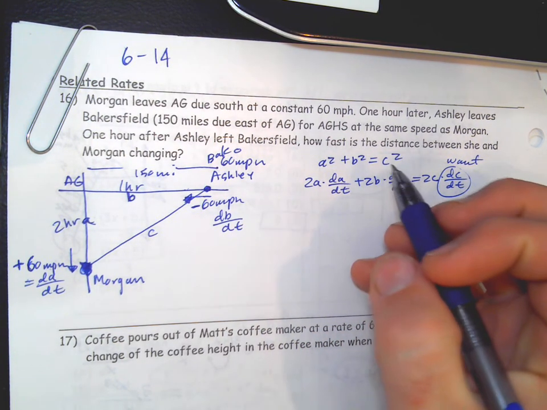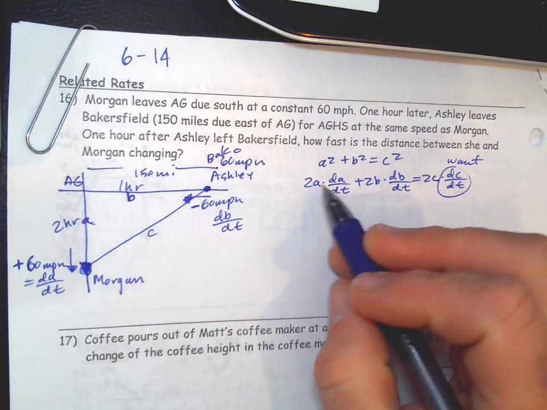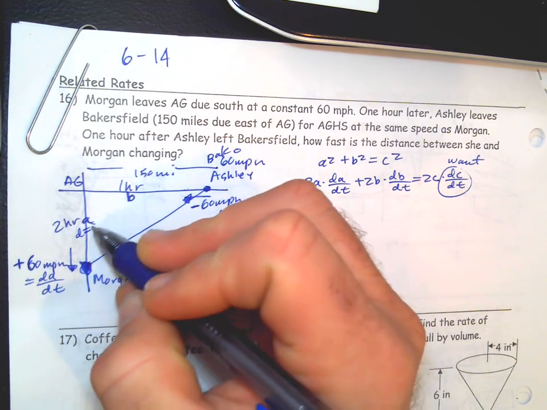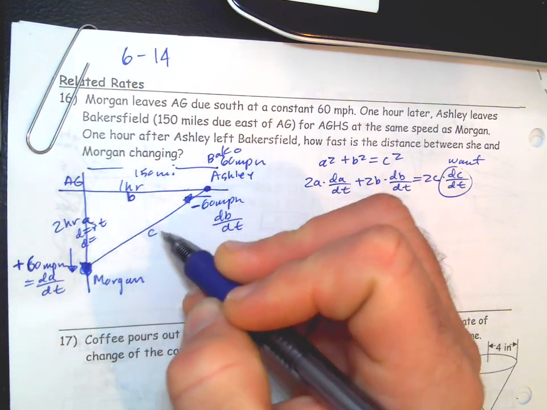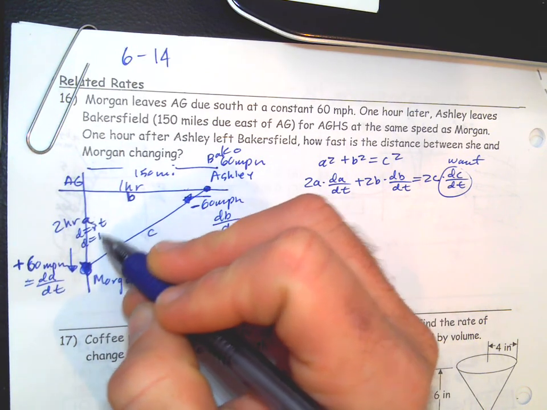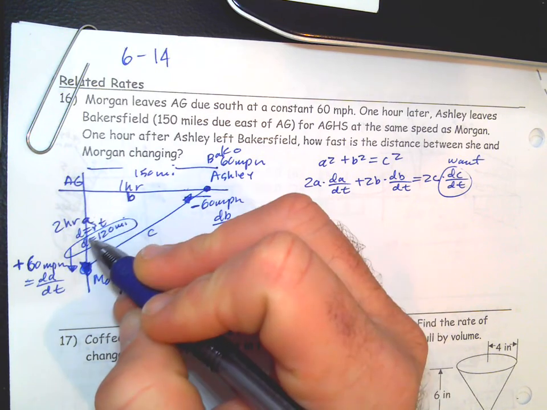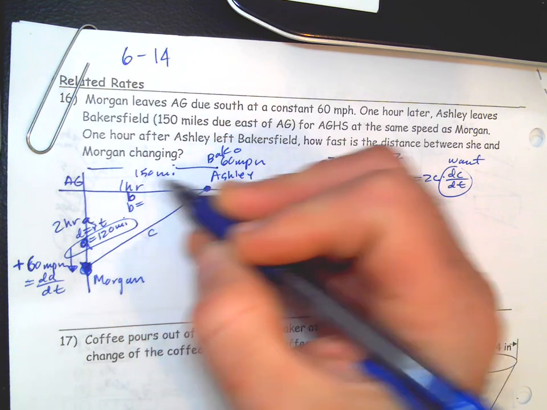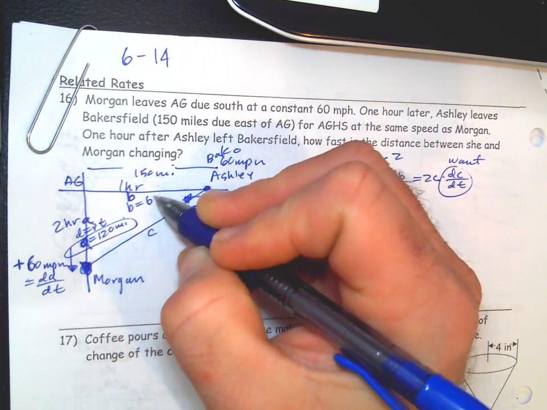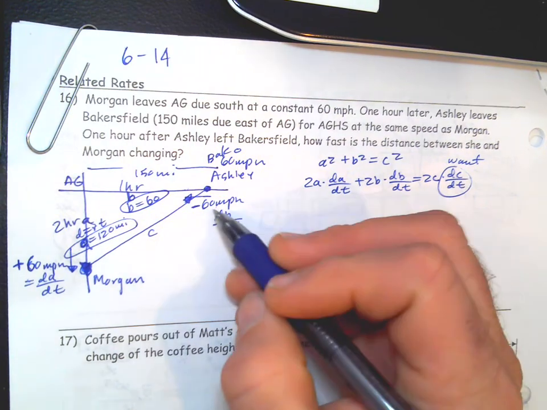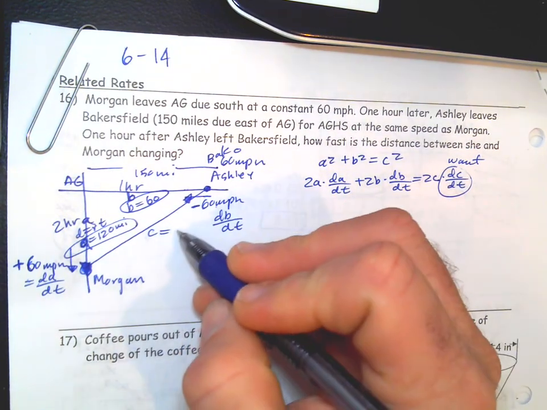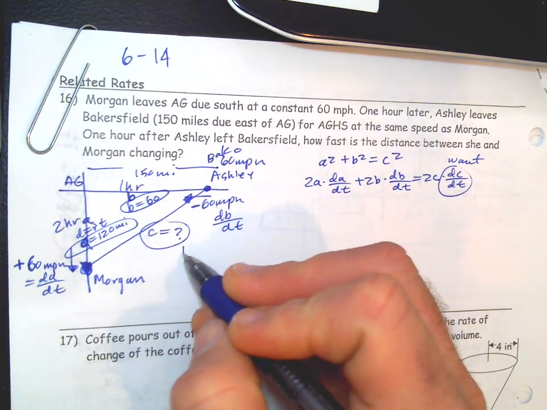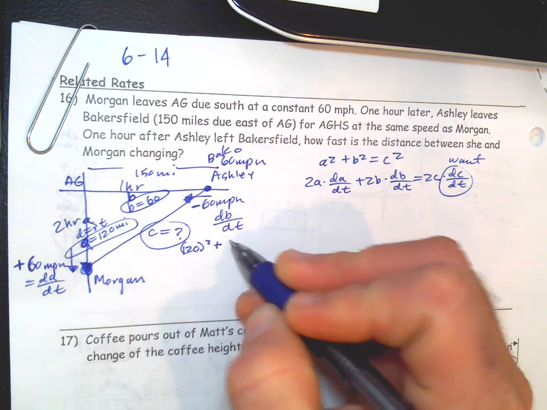We do need to probably get some lengths for these things to plug in A, B, and C. So we're not going to plug hours in, but distance equals rate times time, right? So this distance, 60 miles an hour times 2 hours is going to be 120 miles. That's going to be A. And here, B is going to equal rate times time. So 60, it's going to be positive 60. We're not going to say negative 60. The negative is just because B is getting smaller. And then C, we probably got to figure out what C is because we're going to have to plug C in. So we can do Pythagorean Theorem, 120 squared plus